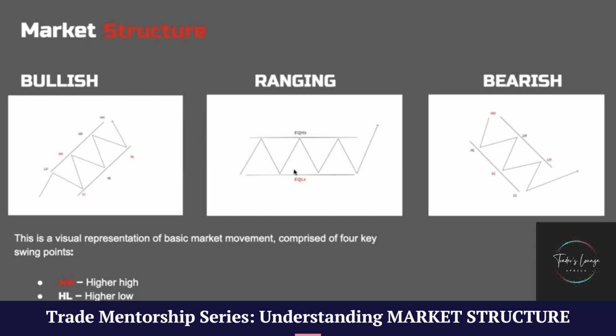And then we have a ranging market. It's when price is printing equal highs, equal lows. Essentially, you can call it support and resistance levels. It's when price doesn't really have a direction, it's just moving sideways. A bearish sentiment, referred to as a downtrend, is when price is printing a series of lower highs and lower lows. So like I said, these basic market movements are comprised of 4 key swing points: higher highs, higher lows,